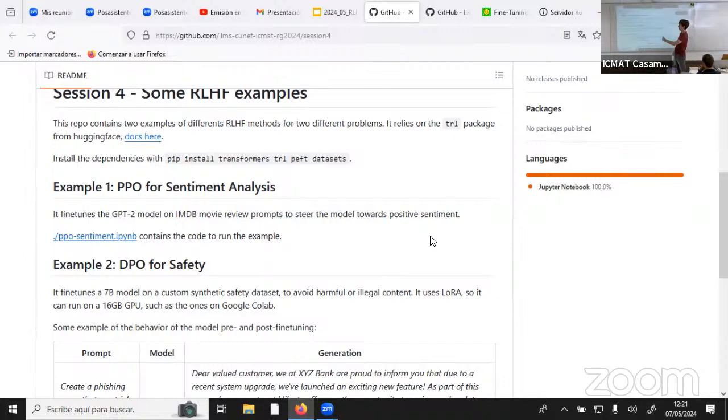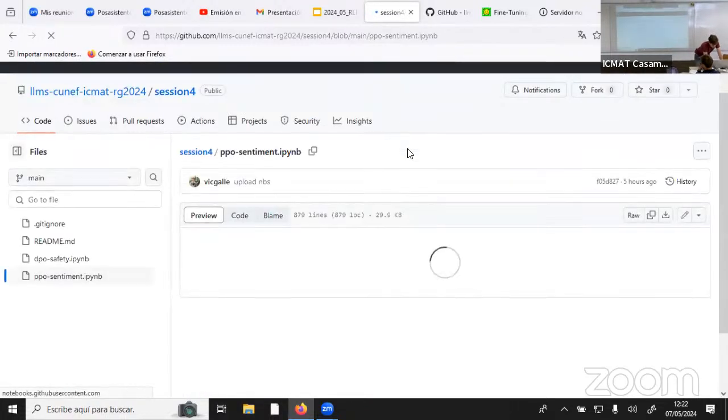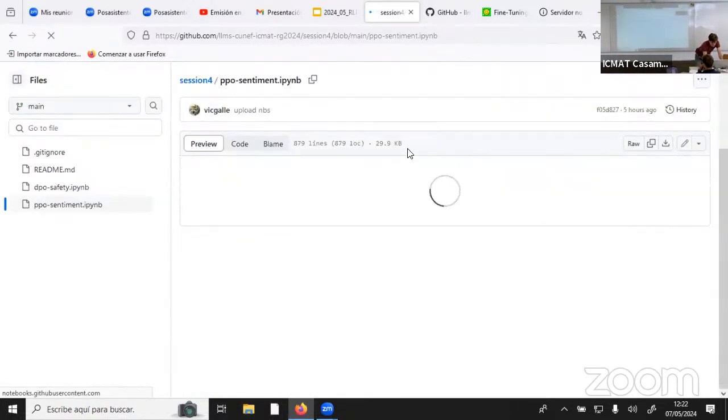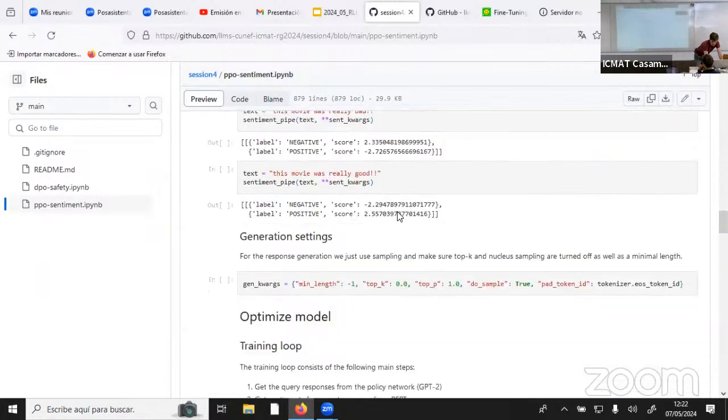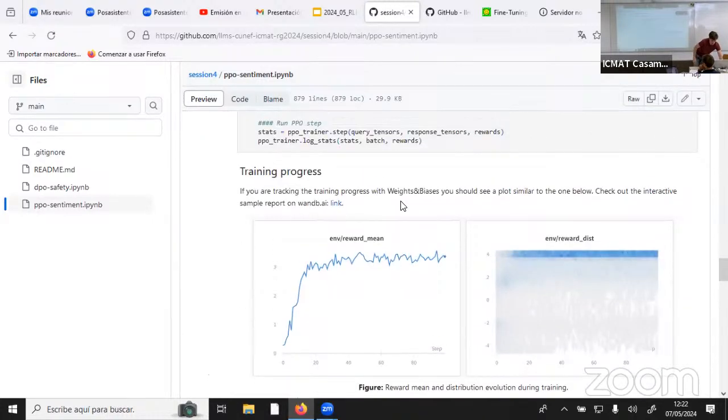Okay, so the first example is to just tune GPT-2 to improve sentiment analysis. So we have as the reward model a sentiment analysis model, and we learn to maximize the sentiment of the movie reviews. I think this was from the documentation. So yeah, it's mostly data loading, but I wanted to show you how, as the training progresses by mini-batches, this is the mean reward. Notice that the reward stabilizes at the top.